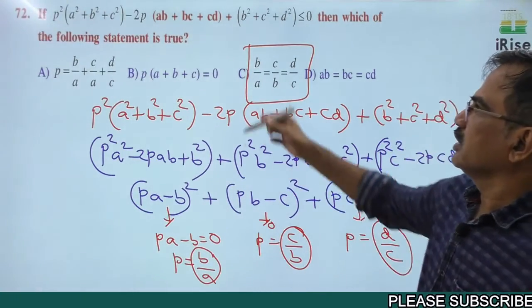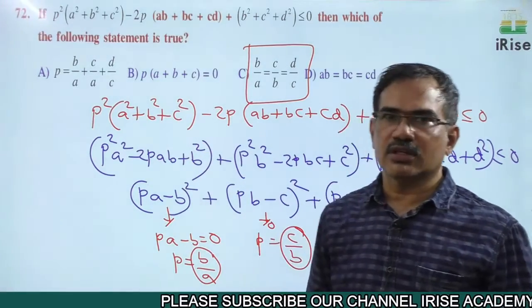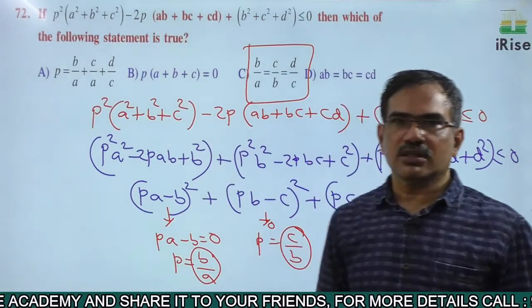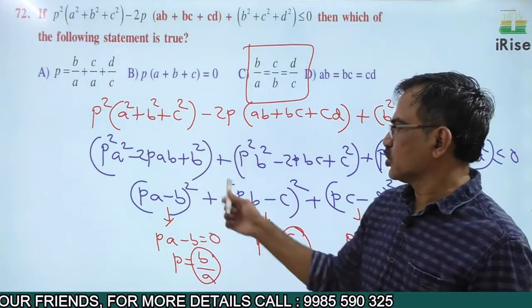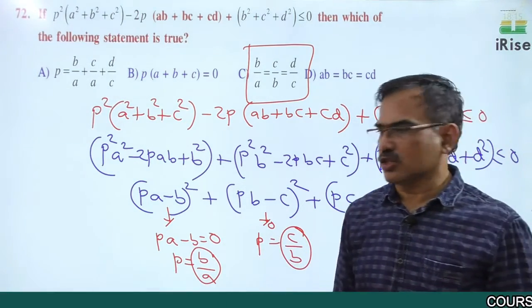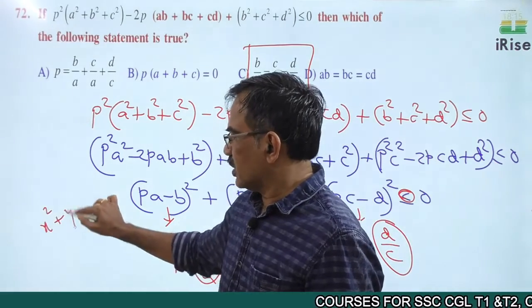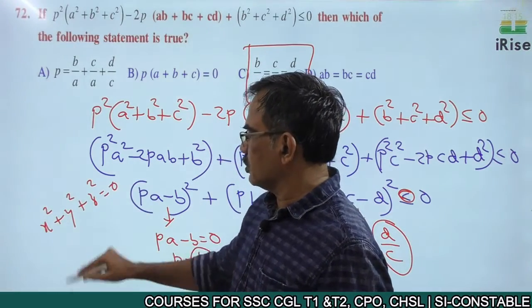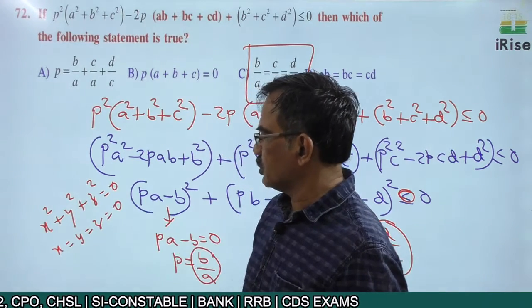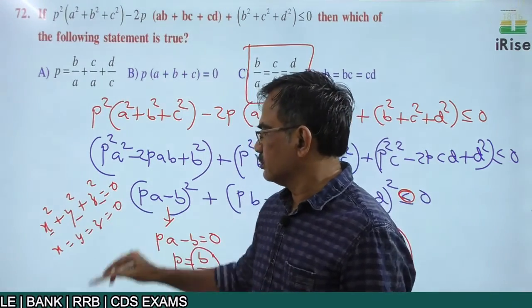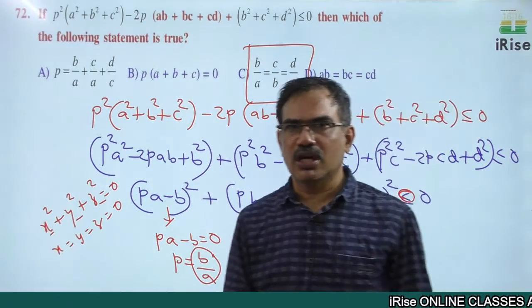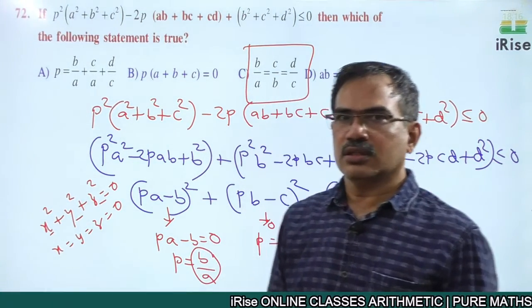Generally, if this type of question is given, one more condition must be given such that they are real numbers. Only for real numbers, the sum of squares is 0 if and only if each term is 0. x square plus y square plus z square is equal to 0, if x, y, z are real, if and only if x is equal to y is equal to z is equal to 0. Each term is 0, if they are real numbers, because the square of a real number is always positive or 0. Okay, next question.